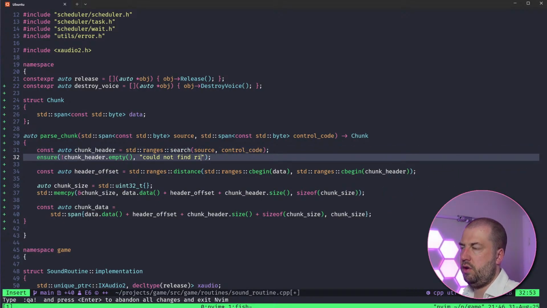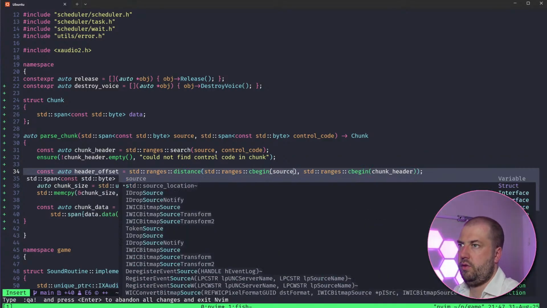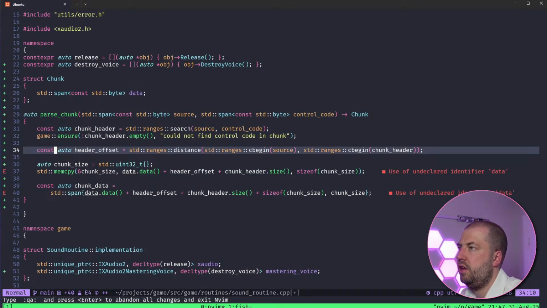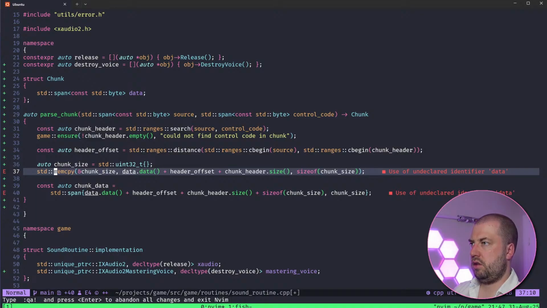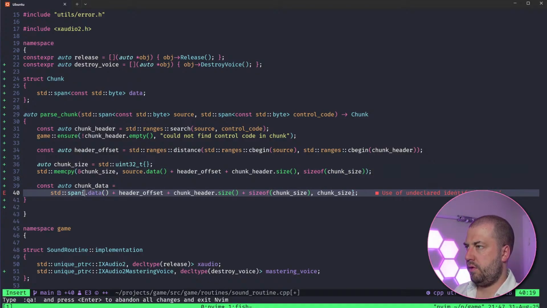Could not find control code in chunk. Source. Game, ensure that, get the header offset, get chunk size, source that.